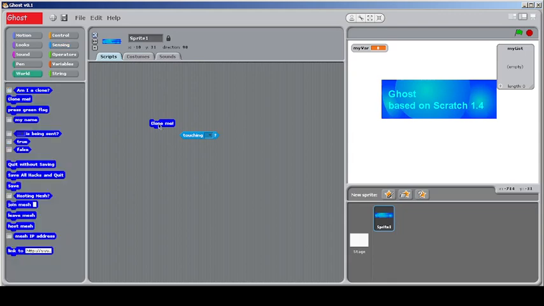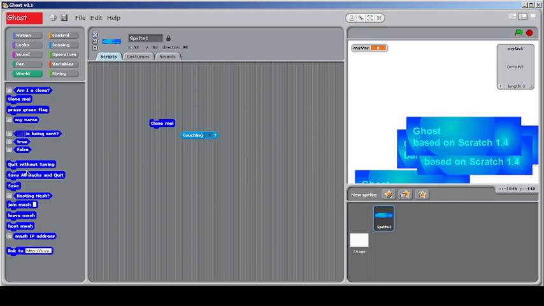Let's see how it works. Okay, is it even working actually? Yeah, it's cloning, but the new sprite is not showing, as you can see. And of course you can delete all the clones, I think. No, there's no delete all the clones, but actually